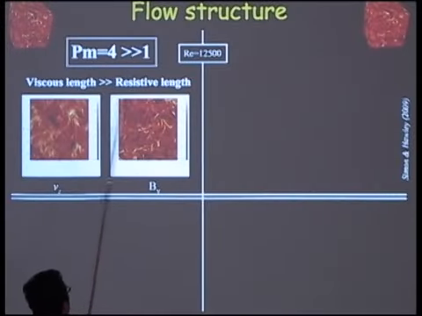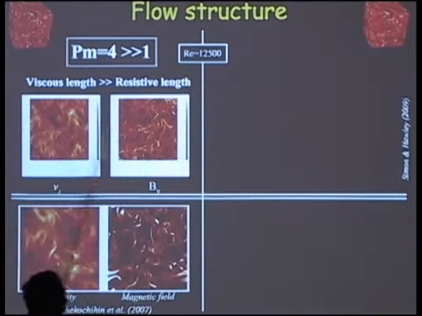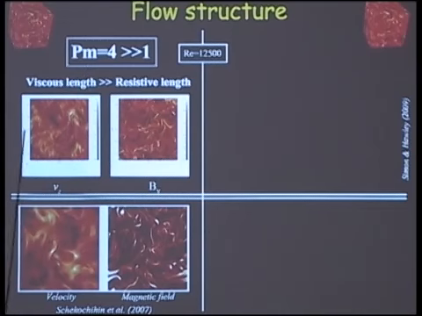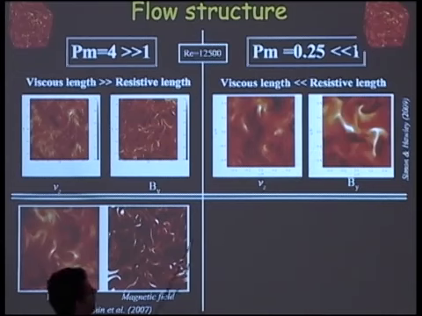So you can actually make a one-to-one comparison between our result and their result. So here's a snapshot of the case I described before. So you see that the structure of the field especially is very similar. You have folded structure in the field. That's again suggesting that not only do we see the PM effect, but the qualitative features of the flow are similar in this regime. So Jake Simon kindly gave me a snapshot of their 0.25